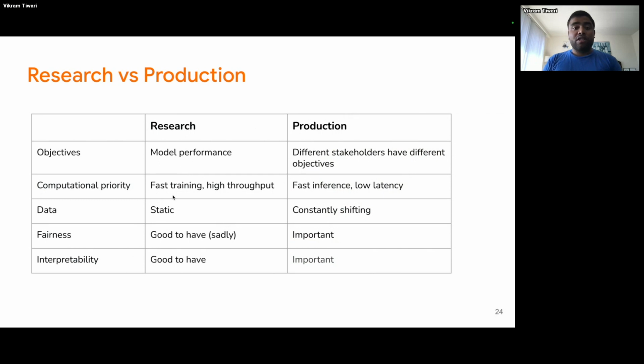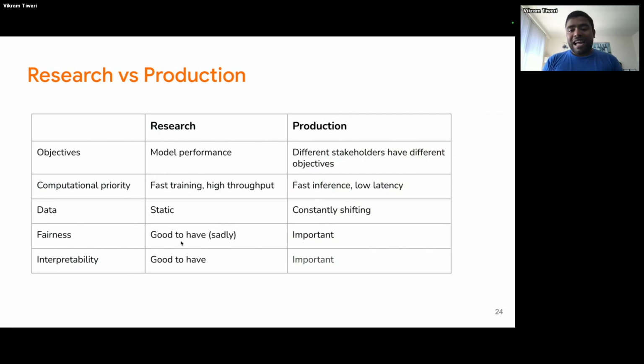Research data is generally static. I know people have been using the IMDb data set forever now. IMDb and the Titanic sunk years ago, and we are still using that data for toy examples, not research, but toy examples. But for production, it's constantly shifting. The data that you're getting today will be very different from the data that you get tomorrow.